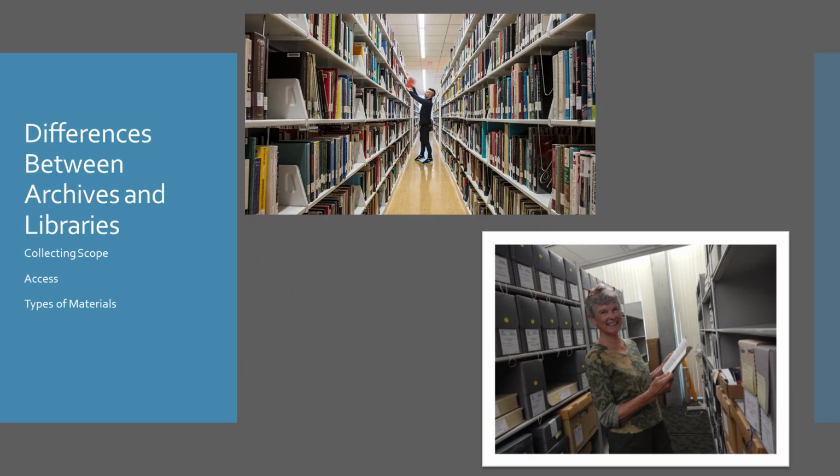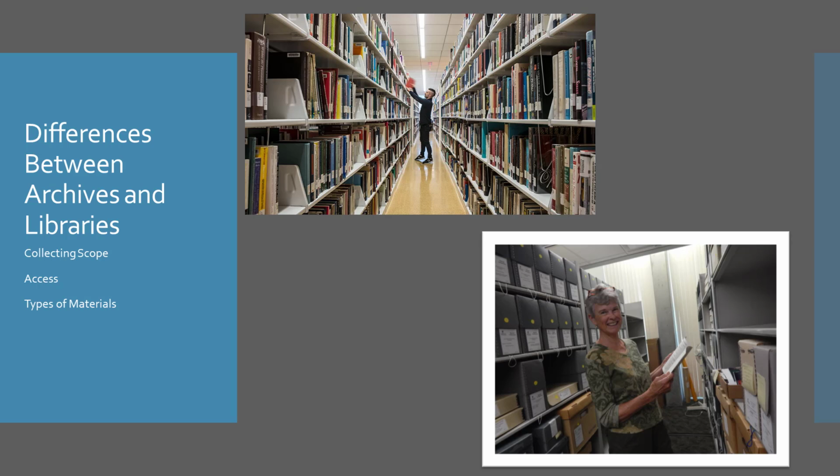While there are similarities between libraries and archives, such as making information accessible and available to the public, they both may contain books, and they both have a cataloging function, there are some differences between the two. The first is in the collecting scope. While libraries tend to collect material on many different topics, archives tend to have a limited scope in what they collect. The Disney Archives, for example, collects the works of the Disney Corporation. Law archives collect legal papers and personal papers of lawyers. There are even archives based on specific subjects such as Jewish history or LGBTQ history.